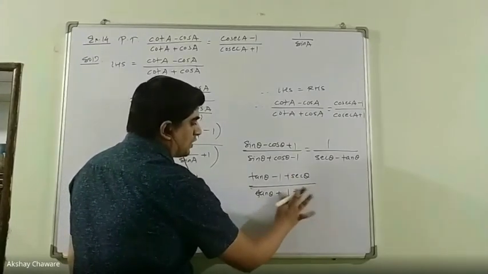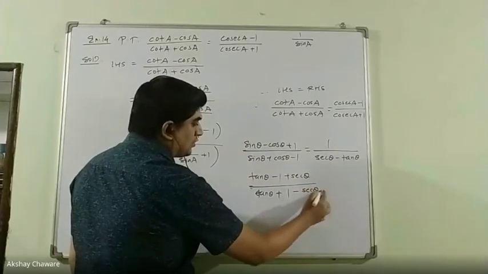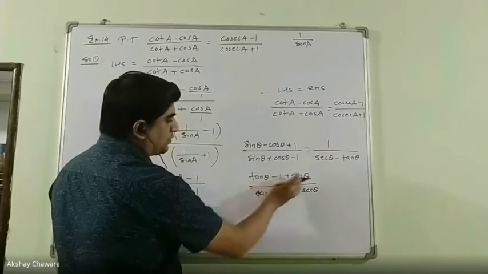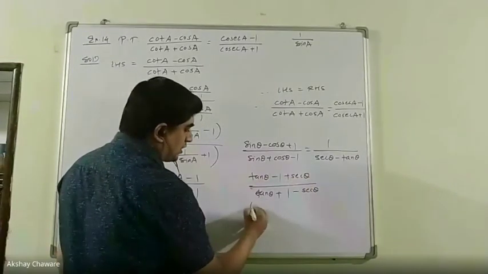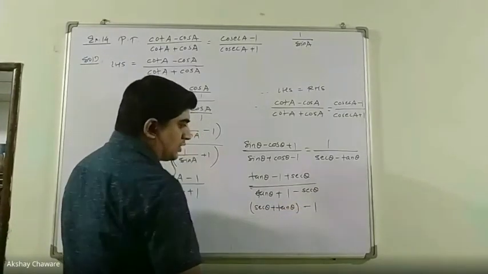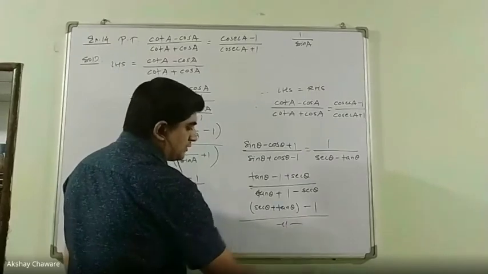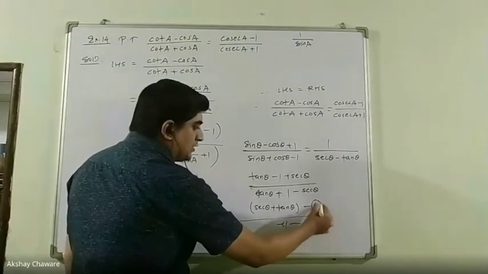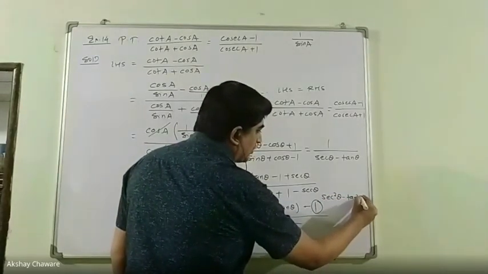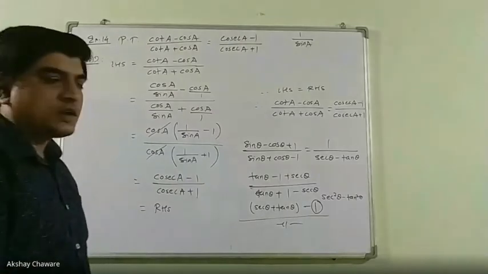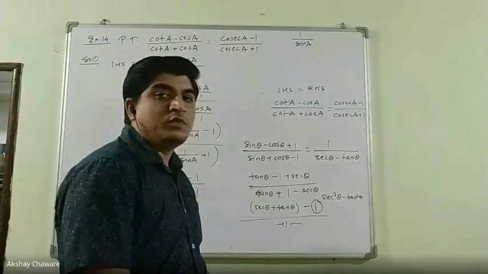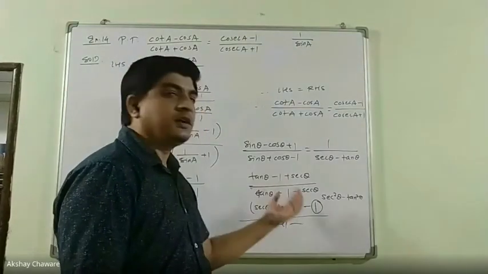1 upon cos theta, which is nothing but what? Sec theta. Okay, so let's make one term of these two terms, tan theta and sec theta. So it will be sec theta plus tan theta, and this minus 1, and the denominator will be as it is. Okay, now we will replace this 1 by sec square theta minus tan square theta. Now again there will be two brackets, a square minus b square, so (a plus b)(a minus b). So we can take sec theta plus tan theta as common.